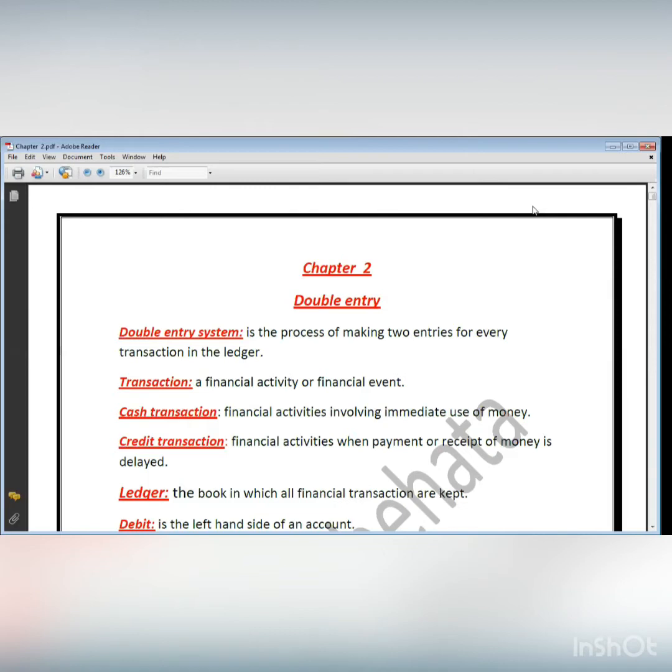How are we going to see this? For transactions, I have two types: cash transaction and credit transaction. Credit, we said it before. What's meant by credit? If I'm going to buy or sell something, but the payment or the receiving of money will be delayed. I will receive money later or I will pay money later. So this is called a credit transaction, because there is a delay in the payment or receipt of money. A cash transaction is if I receive money immediately,